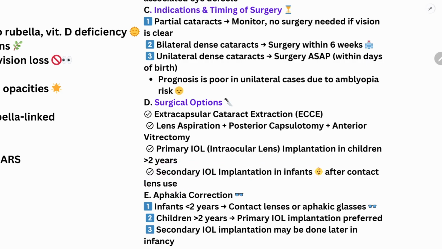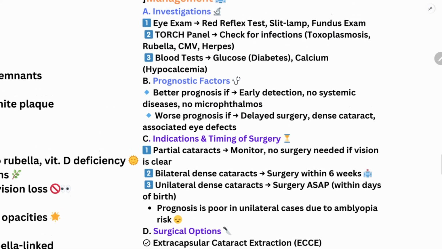Okay, and aphakia correction in infants who are less than 2 years of age. They can use contact lenses or aphakic glasses. Children who are greater than 2 years can go for primary intraocular lens implantation, and secondary IOL implantation may be done later in infancy. So these are the important surgical points